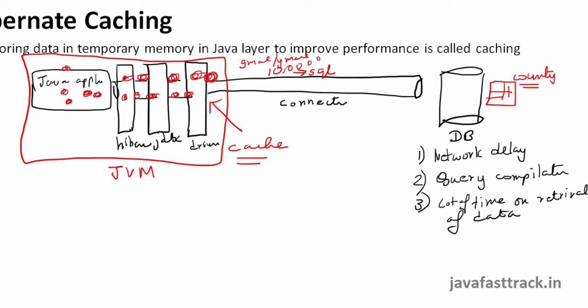So what you can do is temporarily cache the data. Once the data is retrieved, you can hold it in the Java layer itself for some time. The list of countries is just stored in Java objects. So instead of sending 10 lakh or 1 lakh or 10,000 SQL queries repeating the same question to the database, you can just store the data.